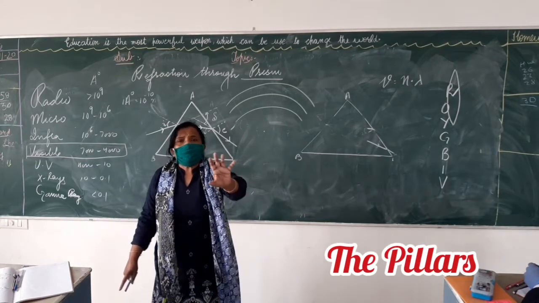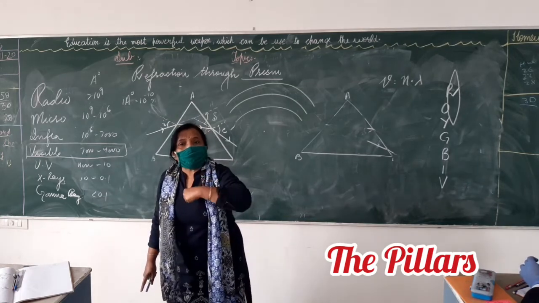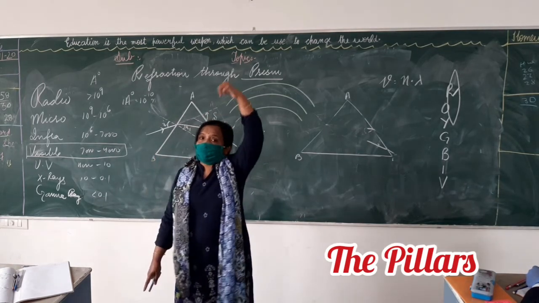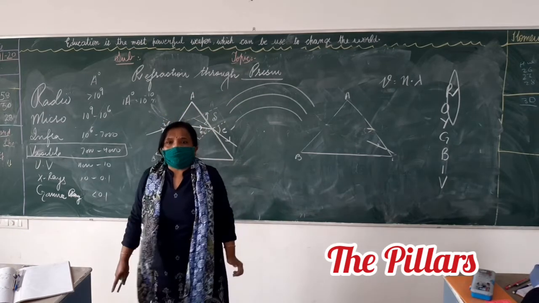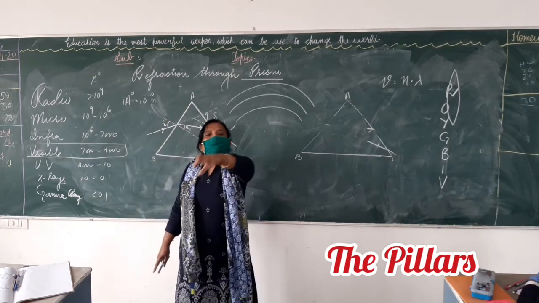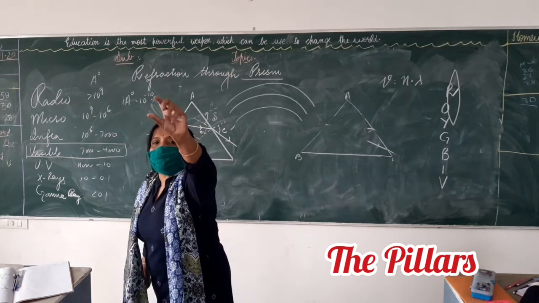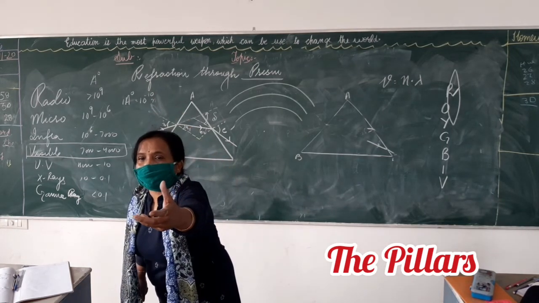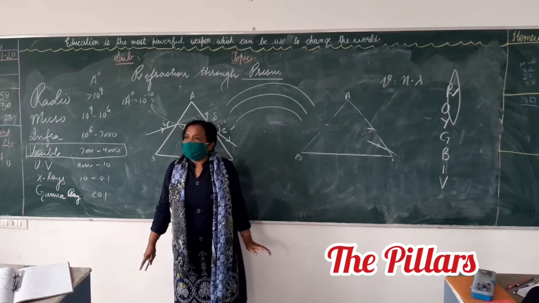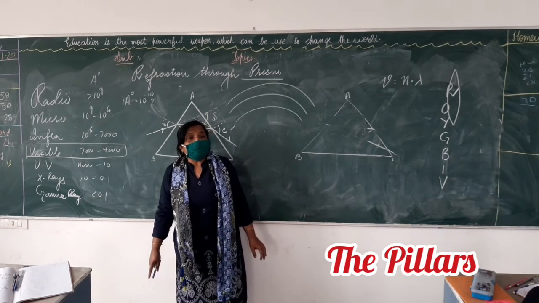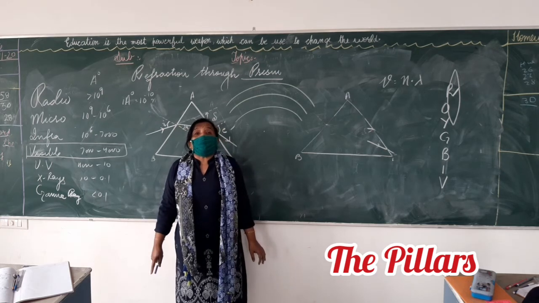Second, what is the condition? For an observer to see the rainbow, the sun should be at the back. And when do you see it? After a rainfall. Yes or no? Yes, ma'am. In that case, what happens? The droplets which are suspended in the air start acting as prisms. Okay. Then what happens? There are two types of rainbows formed.